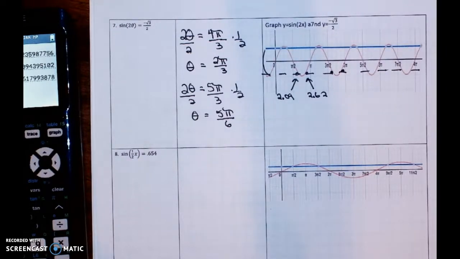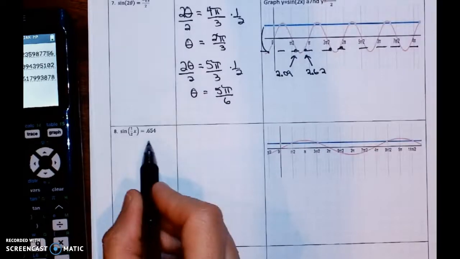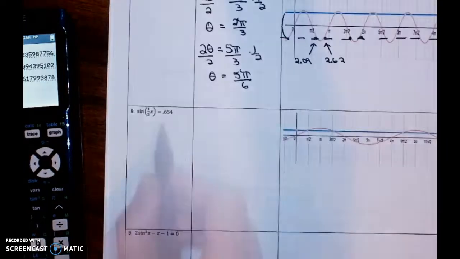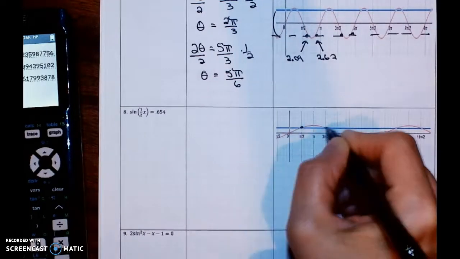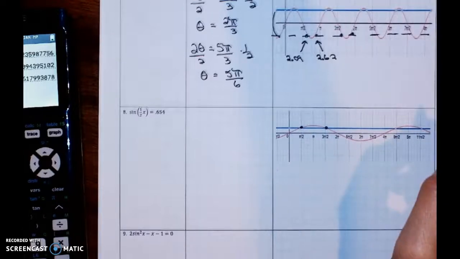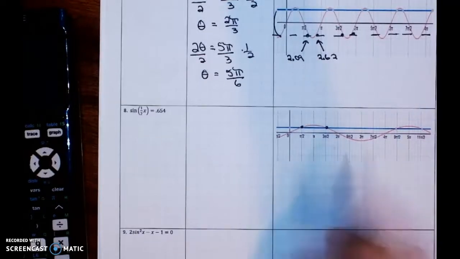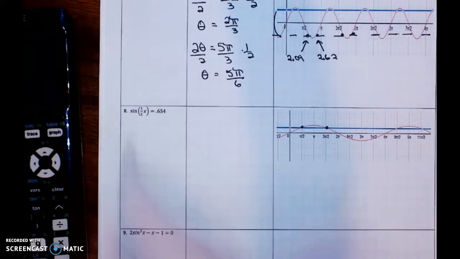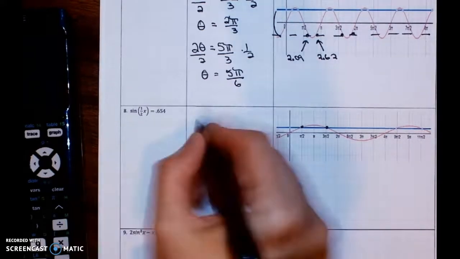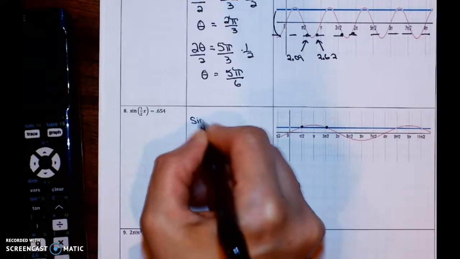Alright, moving on to the next one. I've given you now one that is not a common one on your unit circle. Looks like our graph is okay on this one. Looks like we've got really just 2 solutions when we're focusing on a domain between 0 and pi. We can't do this one in our head, so we are doing sine inverse of